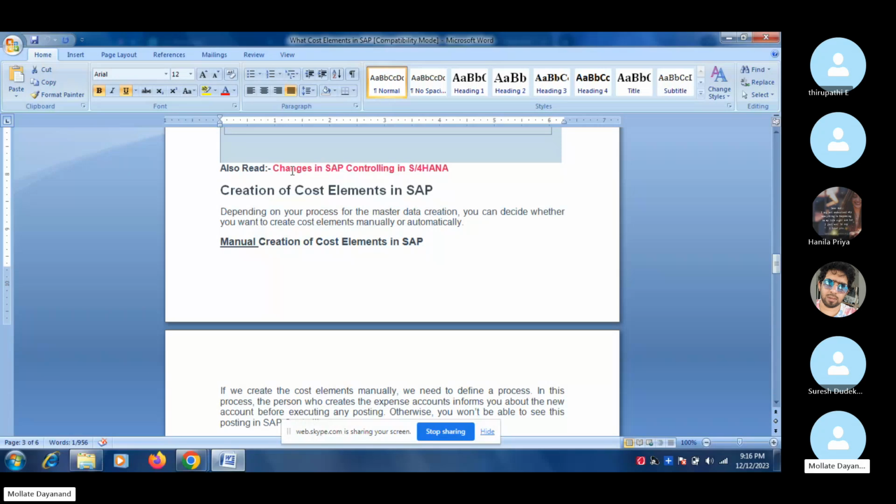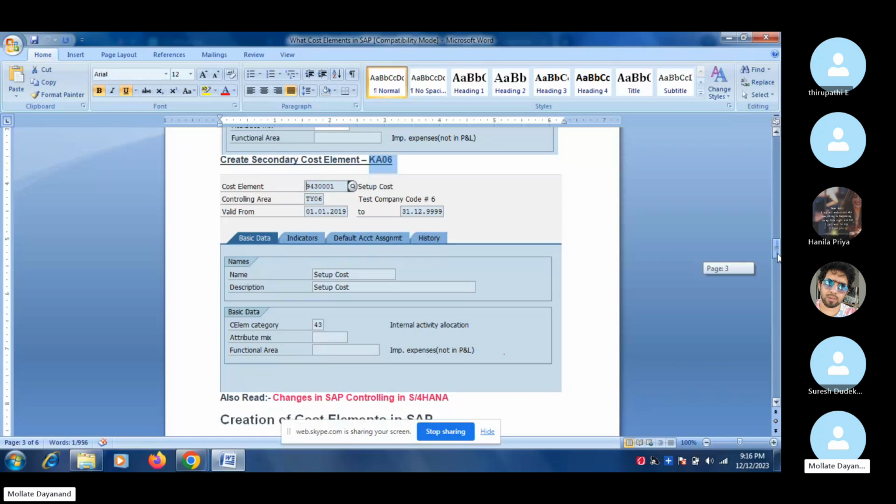Okay, these are only a few cost elements that we created, but we can create n number of cost elements